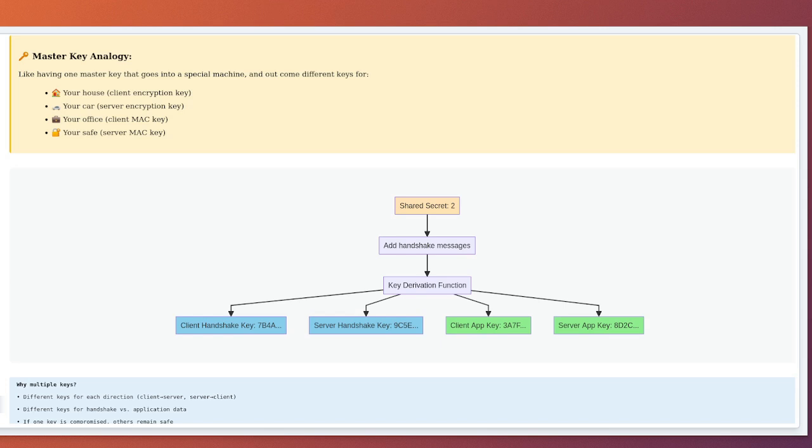Here is what makes this encryption unbreakable. For AES 128, there are a total of 340 undecillion possible keys. If you tried one key every nanosecond, it would take billions of times longer than the universe has existed to try them all. And remember, this key is unique to this exact conversation. It has never been used before and will never be used again. Every single TLS connection creates its own unique keys that exist for just that conversation and then disappear forever.